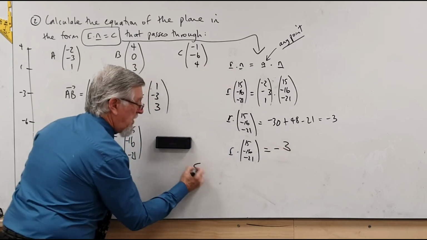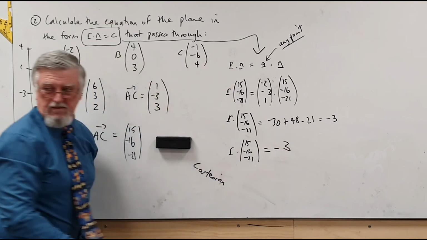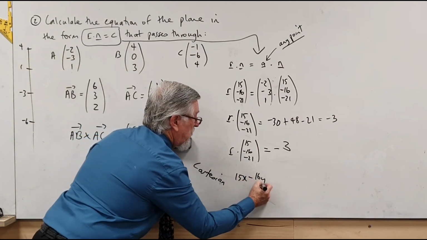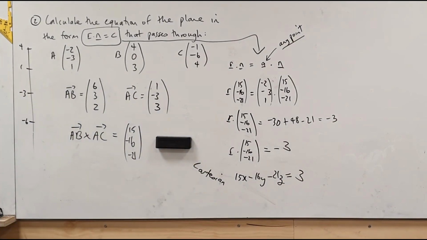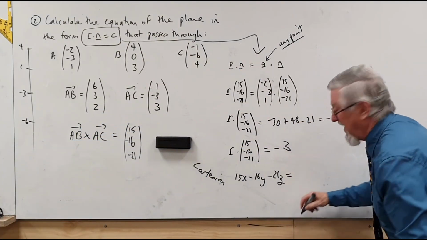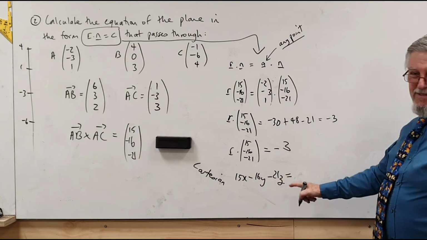And if they said put it in Cartesian, that becomes x, y, z. So that's just the 15 of the x, minus the 16 of the y, minus the 21. And at this point, I hope I haven't made a mistake. Yay, we're done. How long did that take? That was pretty good. And then negative 3. And I said, I hope I didn't make a mistake. Oh no. It's 15x minus 16y minus 21z is